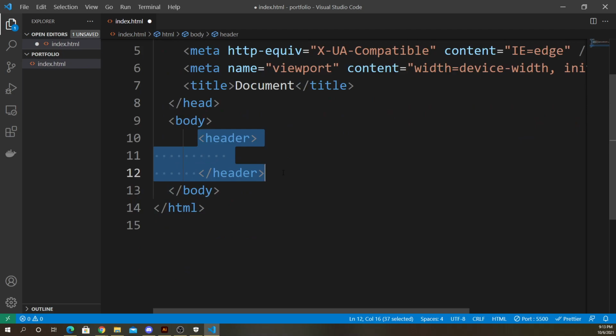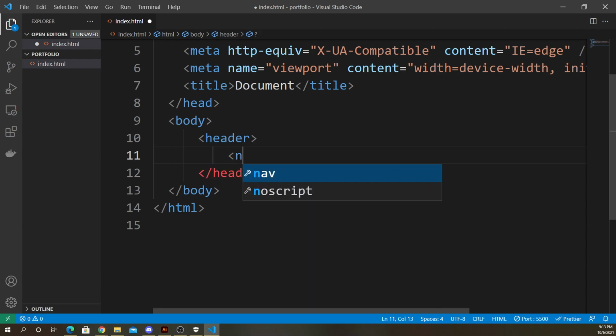Header is just a section to organize things, right? It's all for organizing purposes. You could just put your menu buttons without having a container, but this helps with SEO and it also helps organize things. So header will have a nav inside,